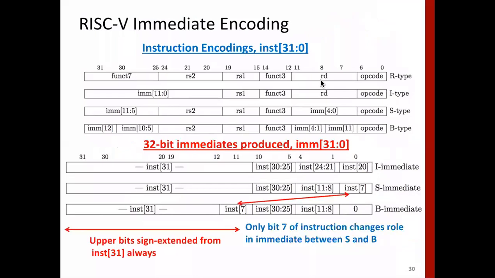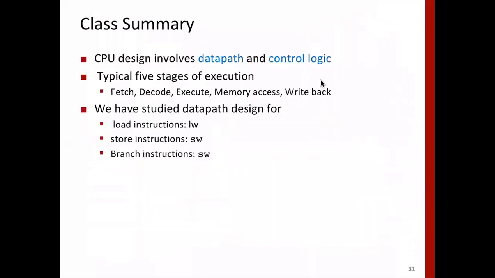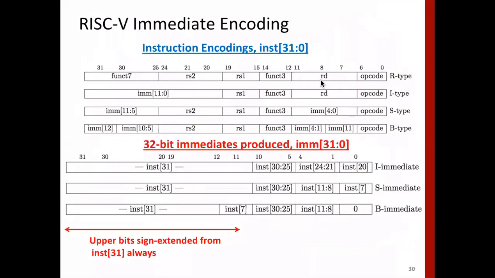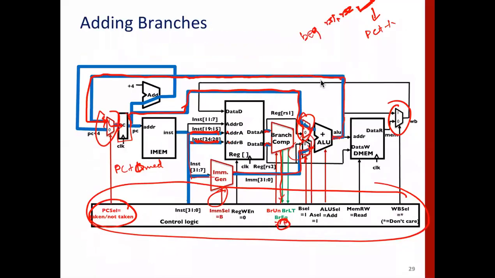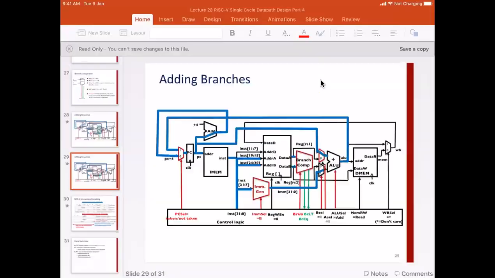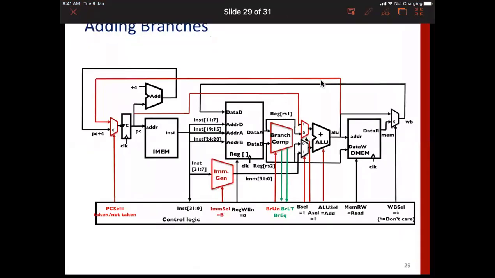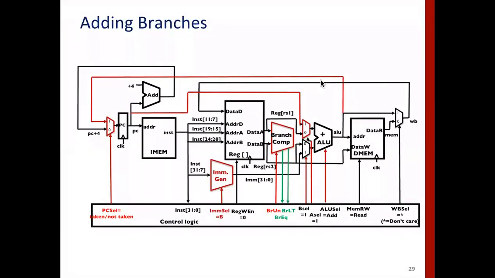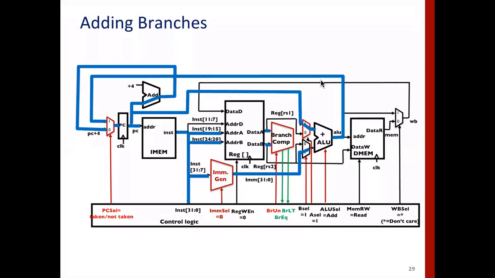All right, so this is how we do it. This is what we have studied today. Any question, please feel free to ask, because you need to do this exercise at home and see if it works. It goes like this: first get the PC value, then the instruction, then the addresses of the 2 registers, and then get the 2 data outputs from the 2 registers and do the branch comparison.